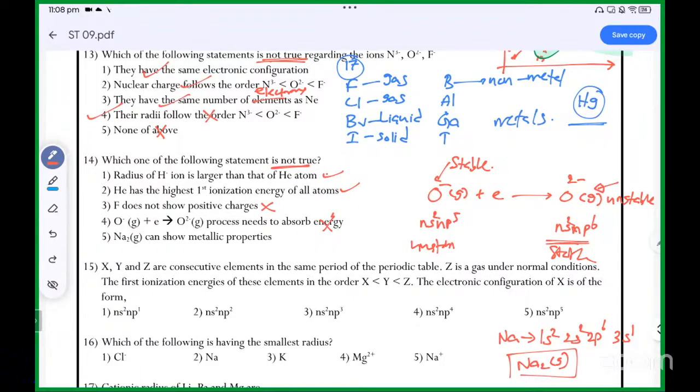So when it comes to Na2 gas, it cannot be releasing electrons because the two electrons from sodium 1 and sodium 2 have been shared with each other. If these two are shared with each other, there is no way to release it and show the metallic characteristics. Releasing electrons to a pool is a characteristic of a metal, right? So the second one is also wrong,